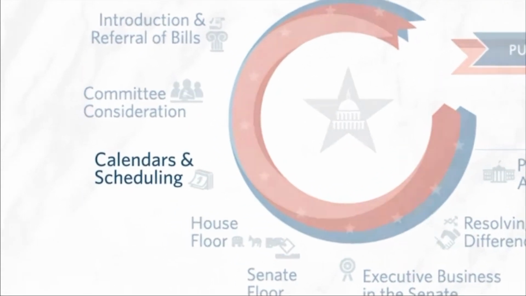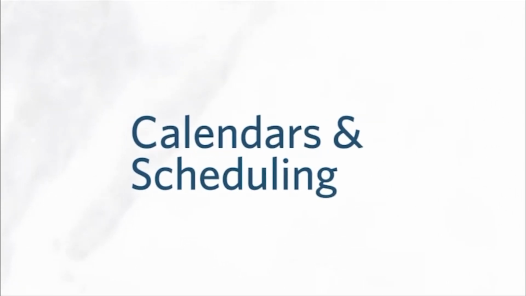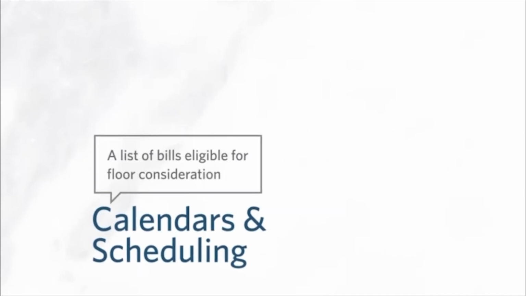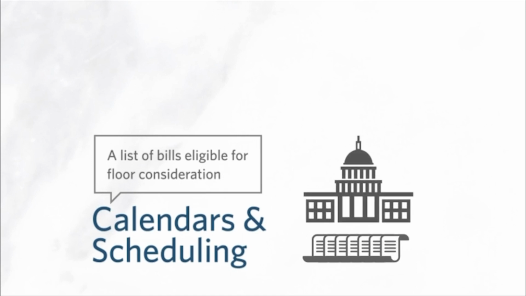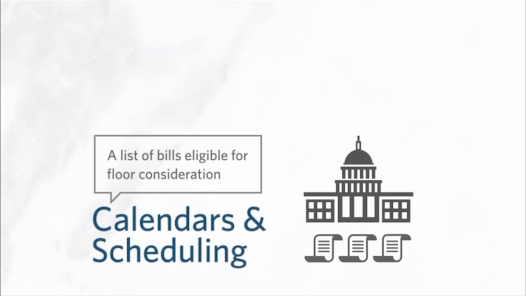Once a committee has reported a bill, it is placed on one of the respective chambers' calendars. These calendars are essentially a list of bills eligible for floor consideration. However, the bills on the calendars are not guaranteed floor consideration. Many will never be brought up on the floor during the course of a 2-year Congress. It is also possible, although less common, for a bill to come directly to the floor without being reported and